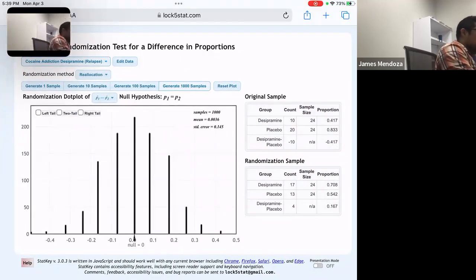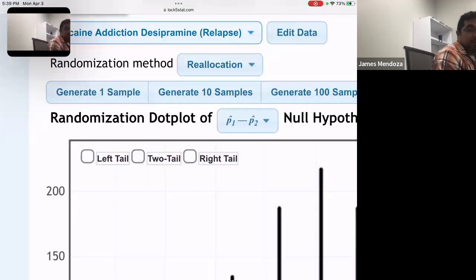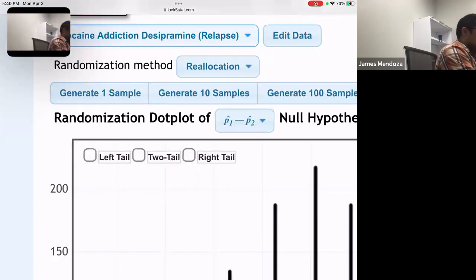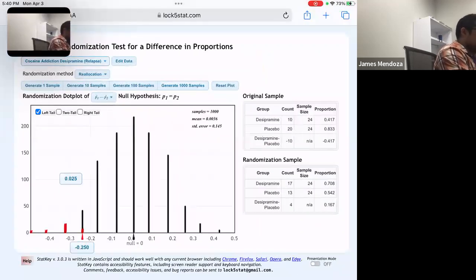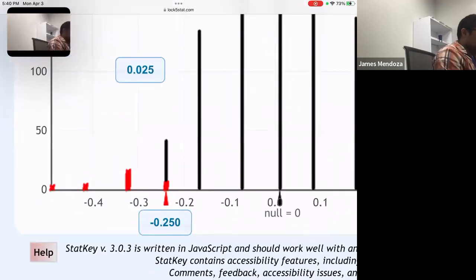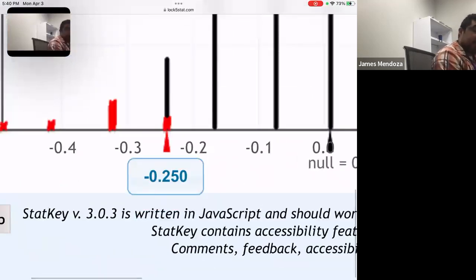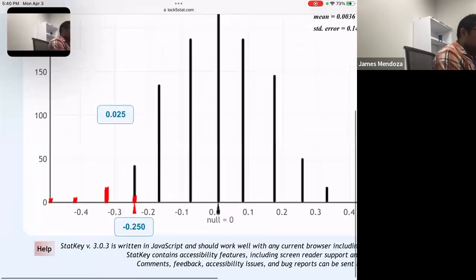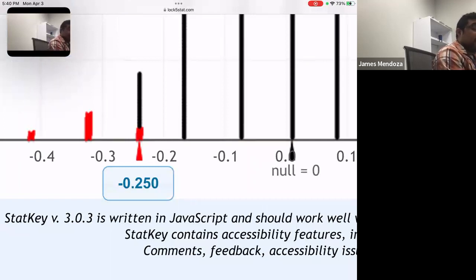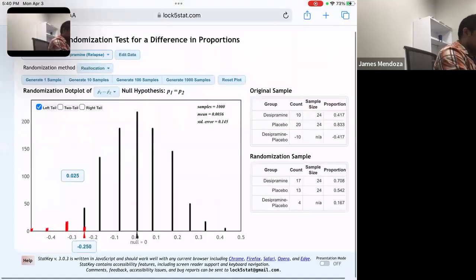And then over here, you'll click on which tail you're doing. And right now we're doing a less than. So that's going to be a left tail test. And I'm going to click it. And what that's going to do is give you the controls down at the bottom. And so regardless of whether this right here is where your statistic needs to go, that's where we need to put the 416. Sometimes it's already there, but it doesn't automatically update your p-value. So regardless of whether that bottom statistic already has what you need or not, just go ahead and do it yourself. So I'm going to click on this bottom box,